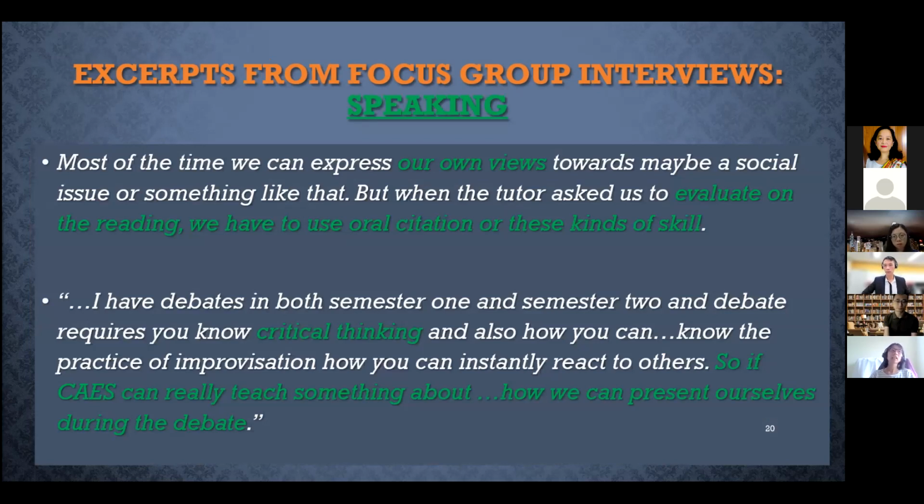And then in the second extract, it is interesting to learn that the students need debating skills. Maybe in the Common Core tutorial, students are required to debate on certain topics, showing how they could improvise and respond to challenging questions as a kind of participation. In CES 1000, we do teach students how to critically respond to others' questions and stance, but not in a format of a debate, but a group discussion.